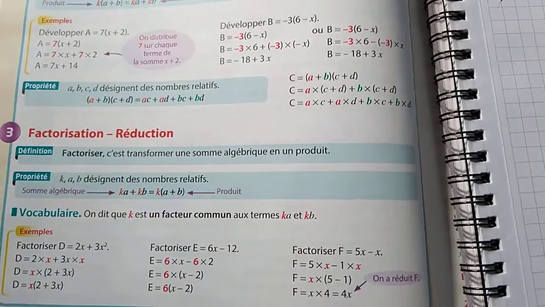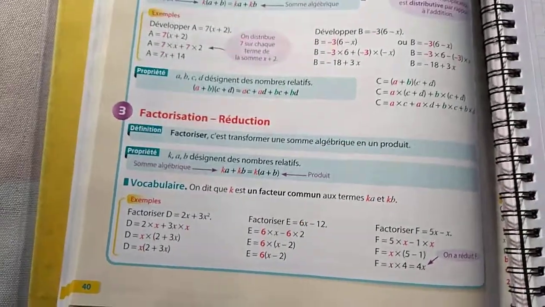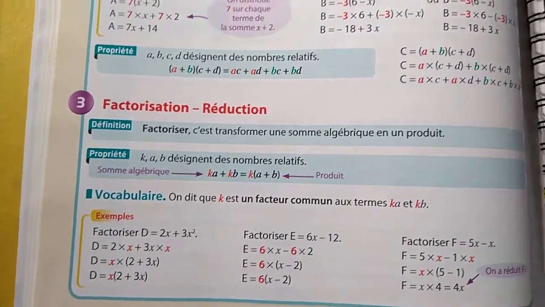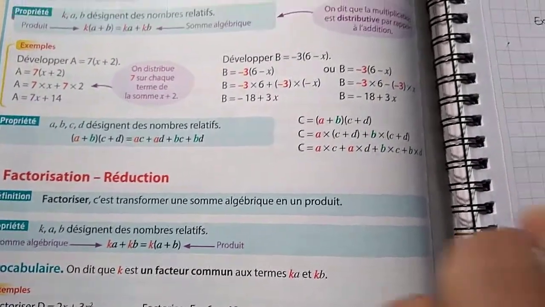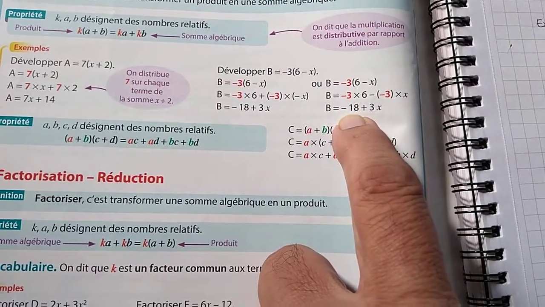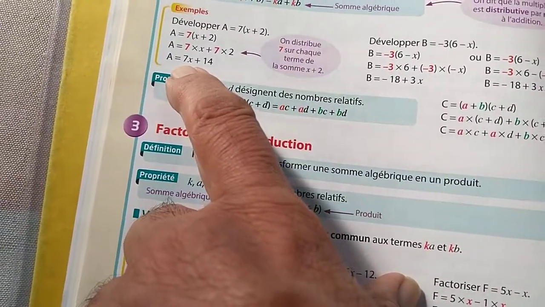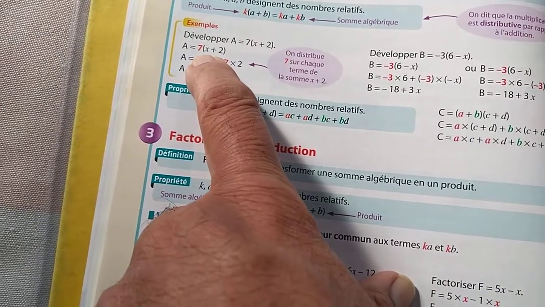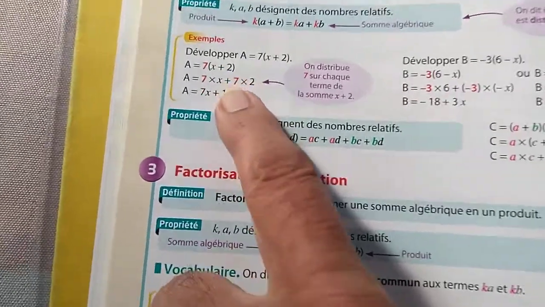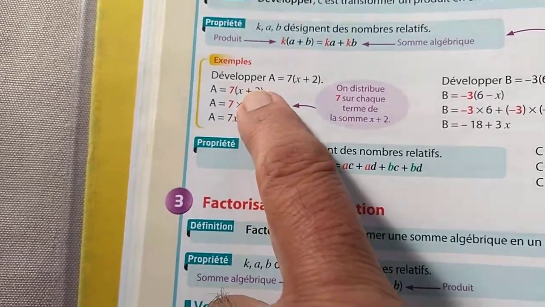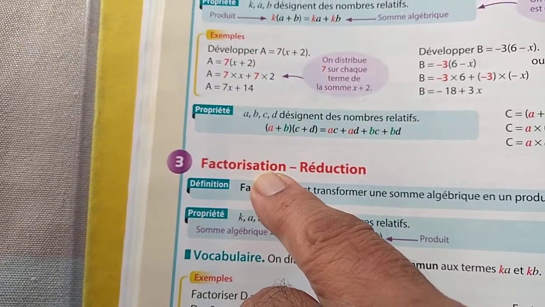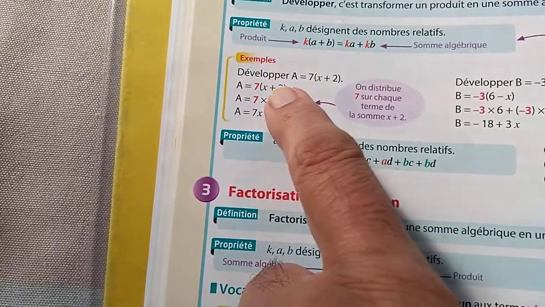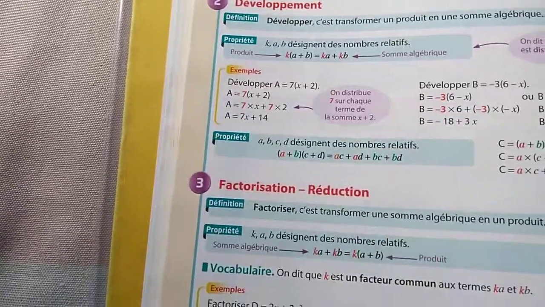Okay, now we come to the final part of this chapter, which is on factorisation or réduction. So this means going in the opposite direction. This means that if you were given, let's take this one, 7x plus 14, you want to factorize it. That means use brackets to come to 7 into x plus 2. Going from here to here in the opposite direction, that is known as factorisation. So you're converting this into two factors, 7 into x plus 2. Factors are two things you multiply.